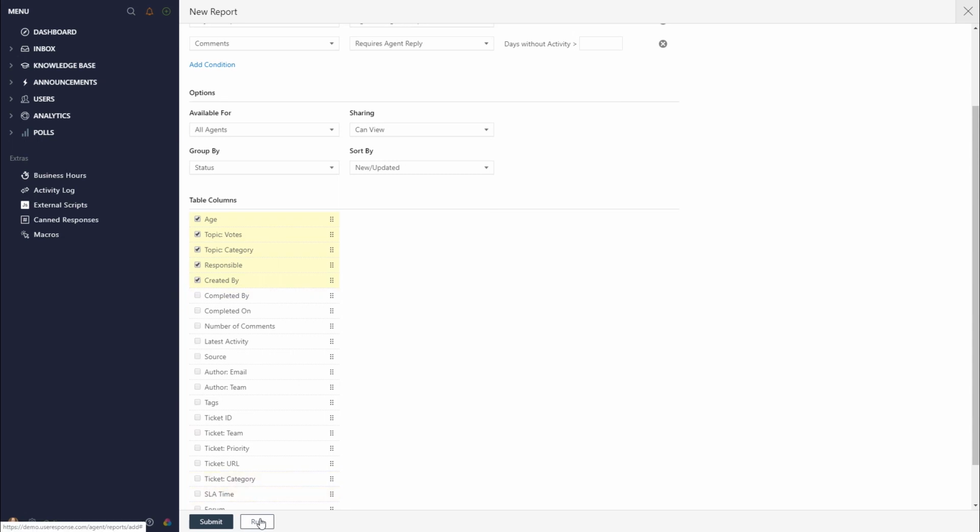Finally, you can either run the report for getting one-time results or save it to be used later on a